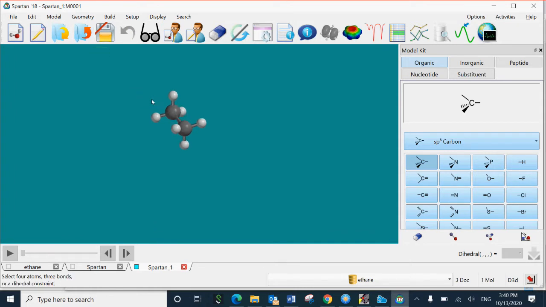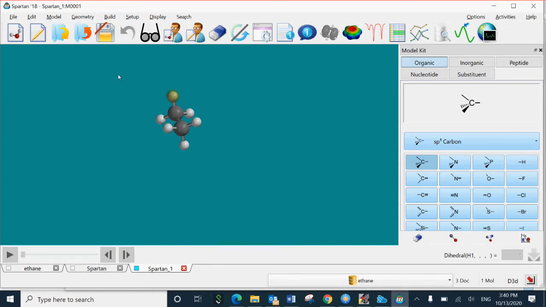So to measure dihedral, you need to select 4 atoms starting from a hydrogen on one carbon, then in serial order, the next carbon, the second carbon, and a hydrogen on the second carbon. You need to select atoms in this way to get the dihedral angle. After selection, on the right end bottom corner, you will see the dihedral angle between H1 C1 C2 H3 equal to 60 degrees. So this is already 60 degrees.